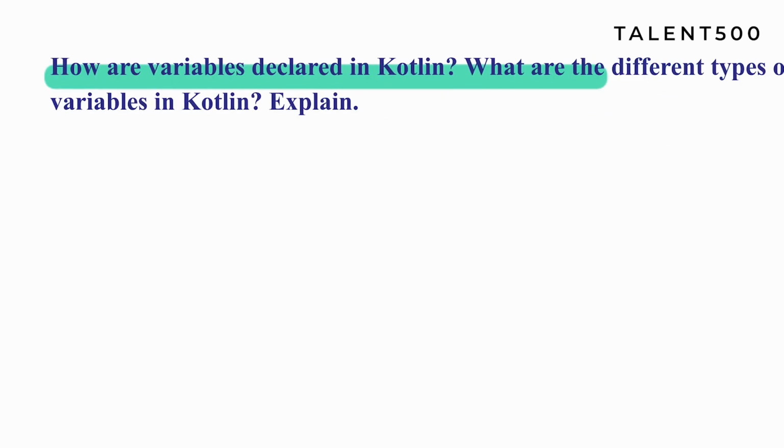All right, let's talk about question number 2. What are variables? How are variables declared in Kotlin, and what are the different types of variables in Kotlin? All right, so it should be on your tips. If you are, let's say, going for a mobile application developer role or any role, and that team is heavily using Kotlin as their programming language, then you must know, in Kotlin you use these two keywords, var and val, to create variables. Every variable in Kotlin must be declared before it can be used.